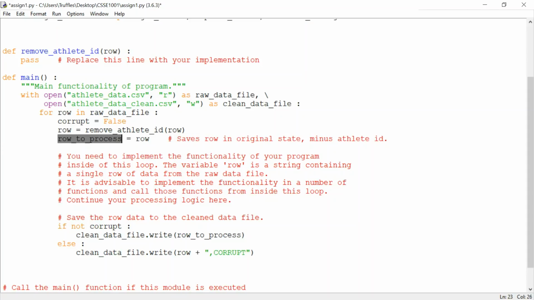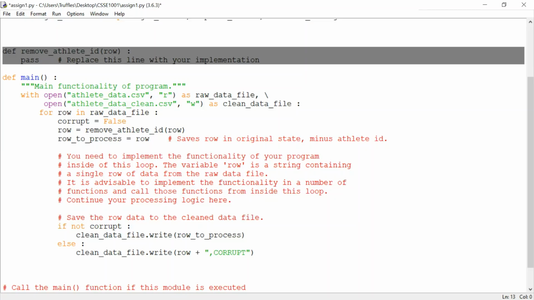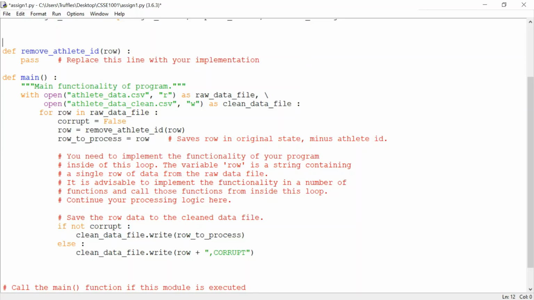And this is where you go and check if your country codes are right, your first name's right, your surname's right, all that kind of stuff. You might realize though now that there's a lot of things to check, and there's a lot of ifs and whatnot. So I'd recommend, like what we did with this remove athlete ID, wherever you see something that's really repeated, it's really like this separate piece of logic, feel free to make your own